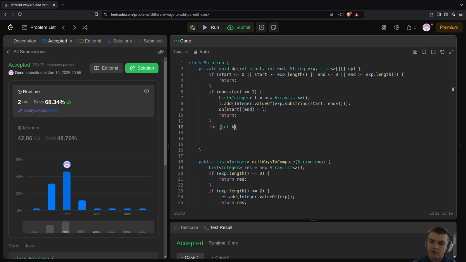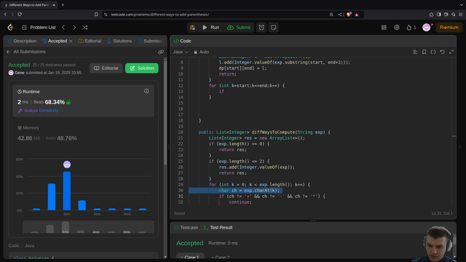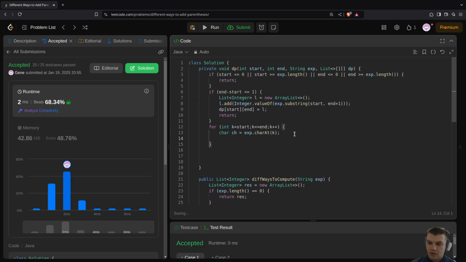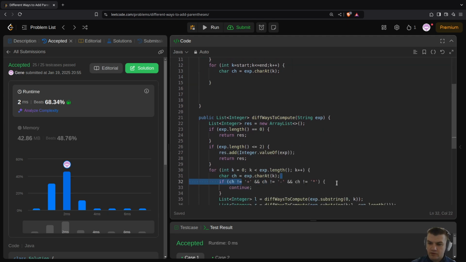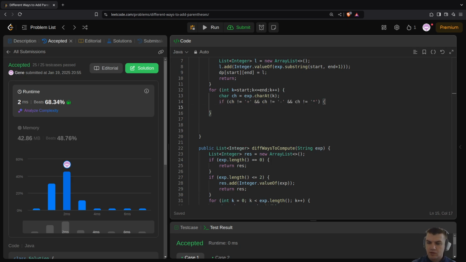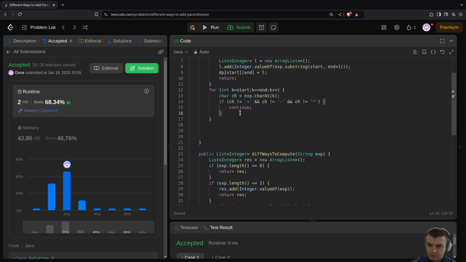Or let's say I want to use the same loop, k equals start, k less than end, and k plus plus. I want to do the following: if the character at k is not equal to this one, I just want to continue, and then if it's equal, I want to get